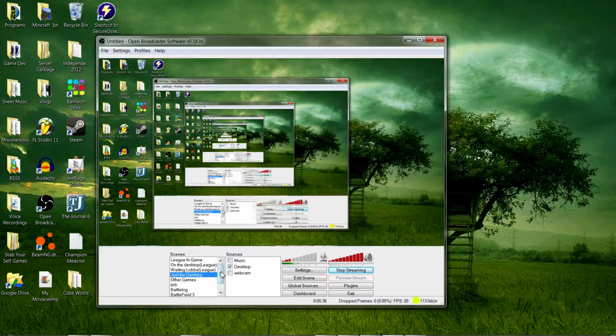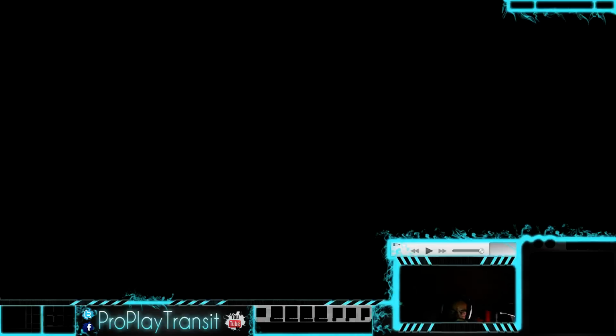So let's say you wanted to have, for example, here, what's up. Say you wanted to have this, like your UI, right? And you wanted it to be in front of a League client. Of course, you put it at the top. You want to put that whole UI at the top. So to move that UI to the top, move everything above the game at the top, and then